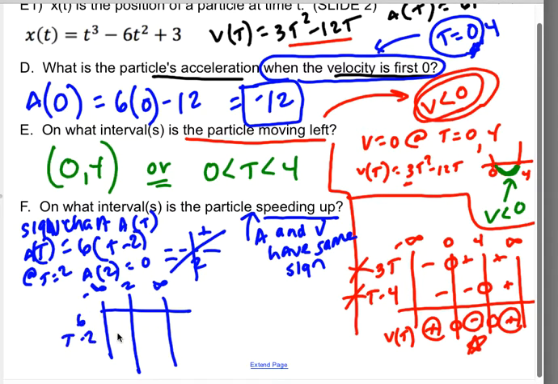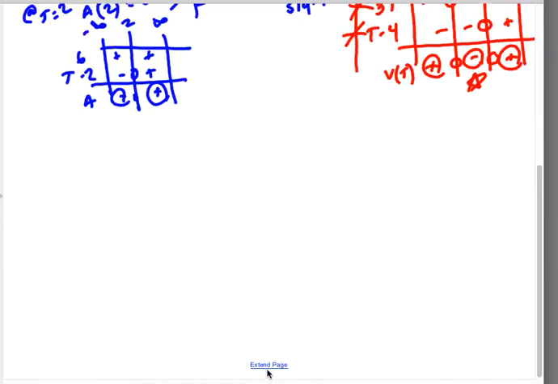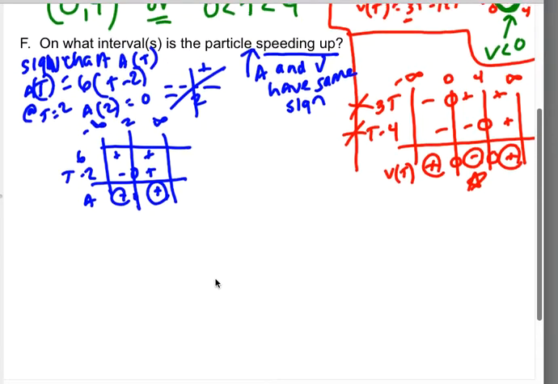What's going to happen is you're going to get that A of t is negative and then positive, right? So now if you compare the two sign charts, essentially what's happening is if we put all of these numbers together, if we make a combined sign chart,